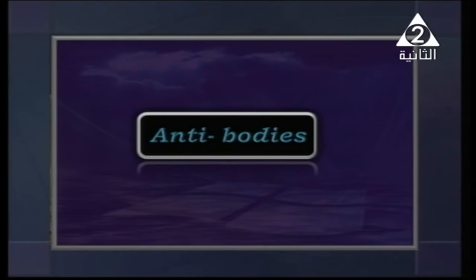Also, we have number 6, the antibodies, and we're going to study antibodies in detail. We have a lot of information about the antibodies: where they are located, what they look like, and what their function is. We also need to know the shape and the structure of the antibodies. Starting with